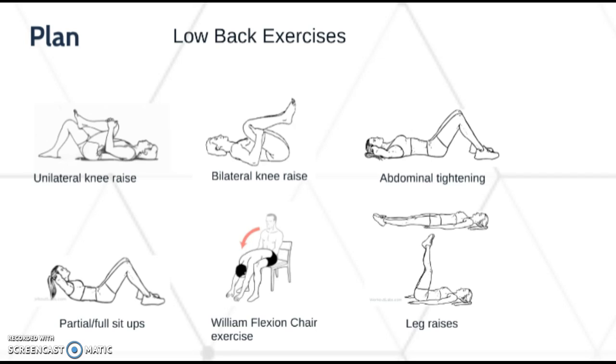As for abdominal exercises, she will be asked to undergo abdominal tightening, where she will try to flatten the lower back against the floor. She will hold this exercise for 10 seconds. For partial or full sit-up, she will raise the head to the chest while attempting to lift the shoulders off the floor. She will hold this exercise for 4 to 6 seconds. When there has been some improvement, she will try to raise the upper body further from the floor.